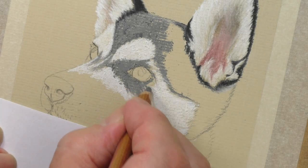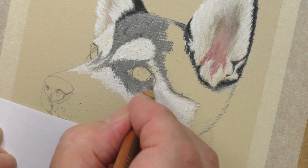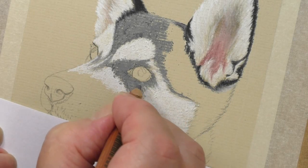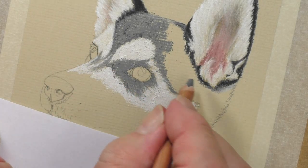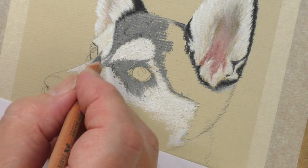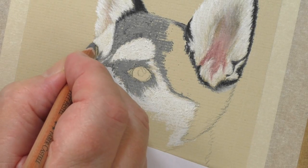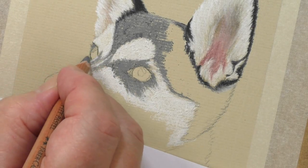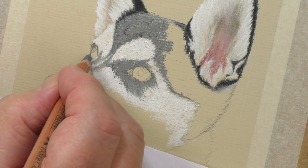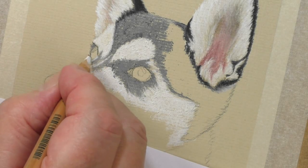Now that is what I was talking about earlier when I said the white goes into the grey, like that. So you've kind of already got the idea of that. Let me just fill that in, and then we'll work on the next colour. I'm not going to do too much here because this is the eye sequence that we'll be doing. But there is just a little bit of dark on that side, which is quite important. It's not solid, and I shall be putting, in fact I'll do it now, I'll be putting just a little